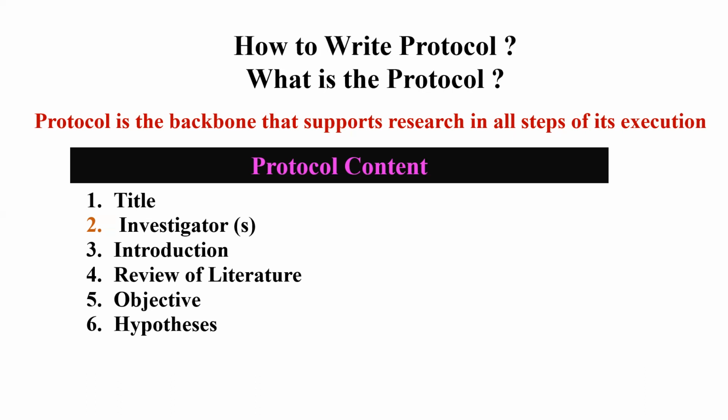Then an important point of the protocol is the methodology. The methodology starts from inclusion and exclusion criteria for various groups, the number of subjects required and included in each group